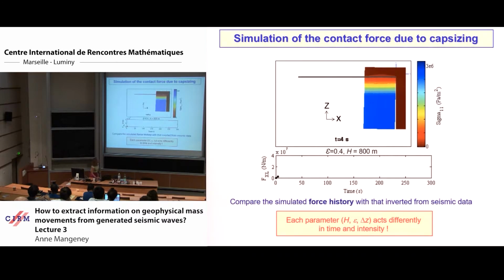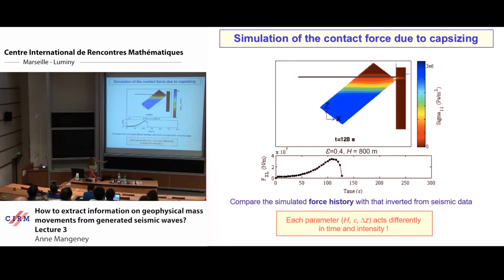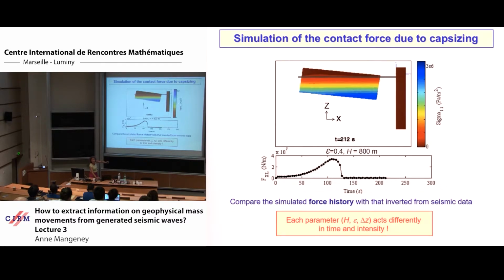I will show you some simulations of what happens when the iceberg rotates, and the colors that you will see here are related to the stresses inside the ice. And here you have the force that is generated. You see that it increases and decreases when the iceberg loses contact with the wall. So we see here that the force is not at all acceleration, deceleration things. It's just increase and decrease when you lose contact, which is natural, intuitive.